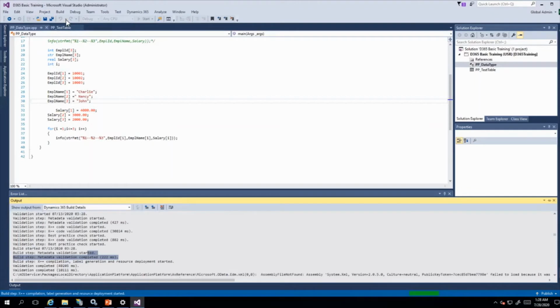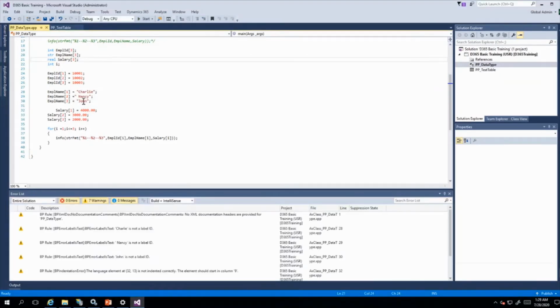Again I will build it. So now this is ready. So let me start this. Build is in process. Our build is done. So we are getting some best practices errors, that we will see, what are the best practices while writing the program.